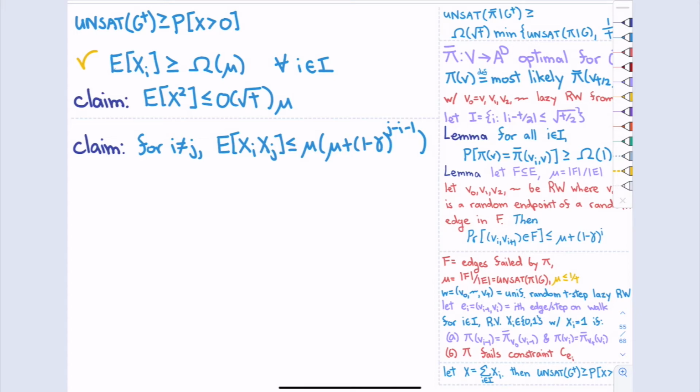Okay. So let me tee this up for you guys. So we're going to simplify this a little bit. I'm going to define yi to be 1 if ei is one of the bad edges, and 0 otherwise. So xi requires ei to be bad and also the labels to match and so on. So xi is more strict than yi, so xi is always less than or equal to yi. But yi is clearly simpler.